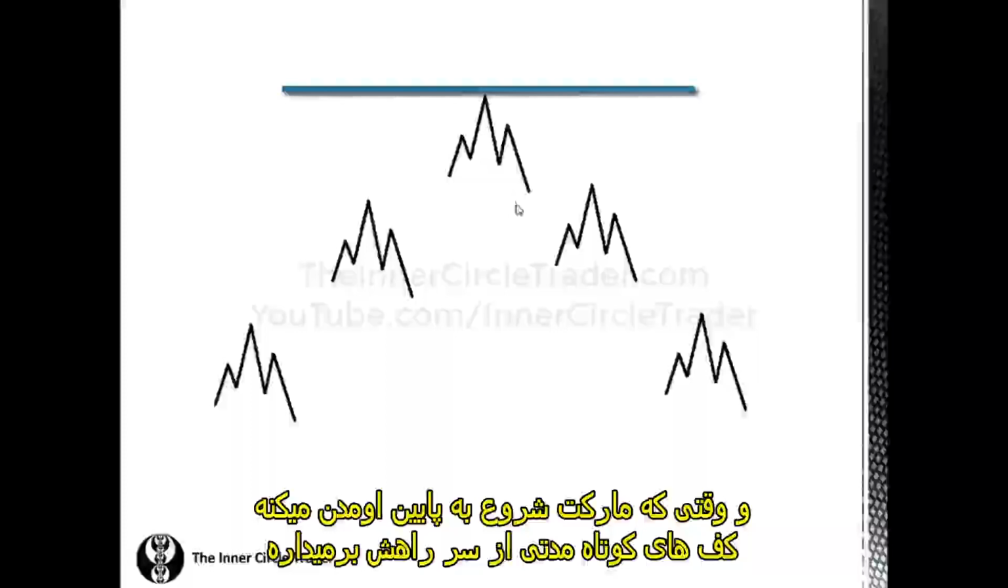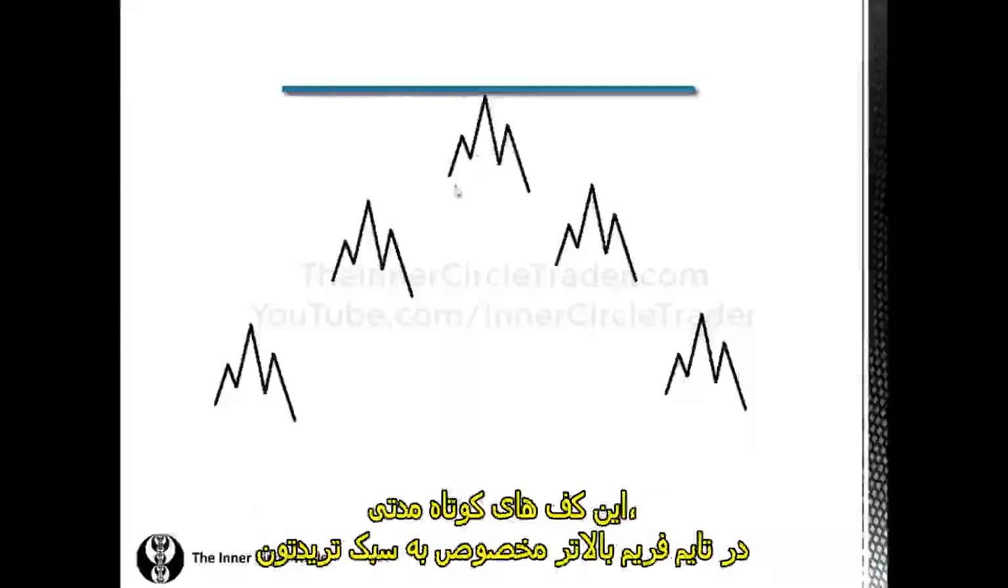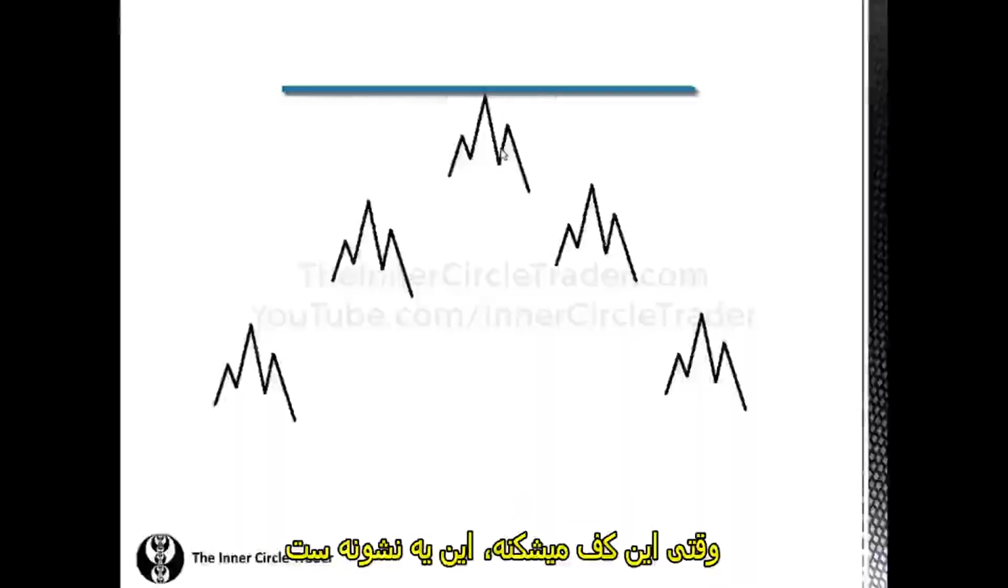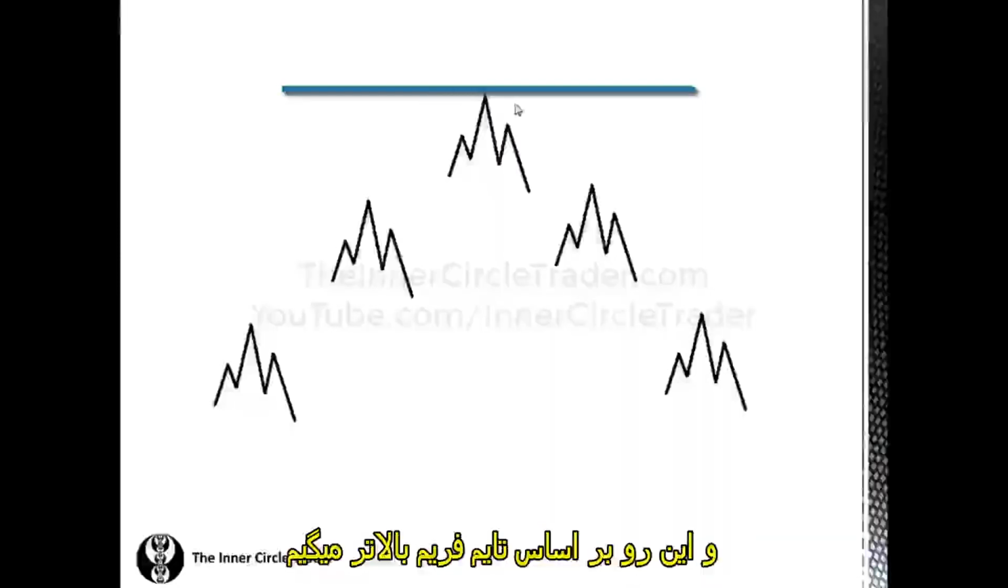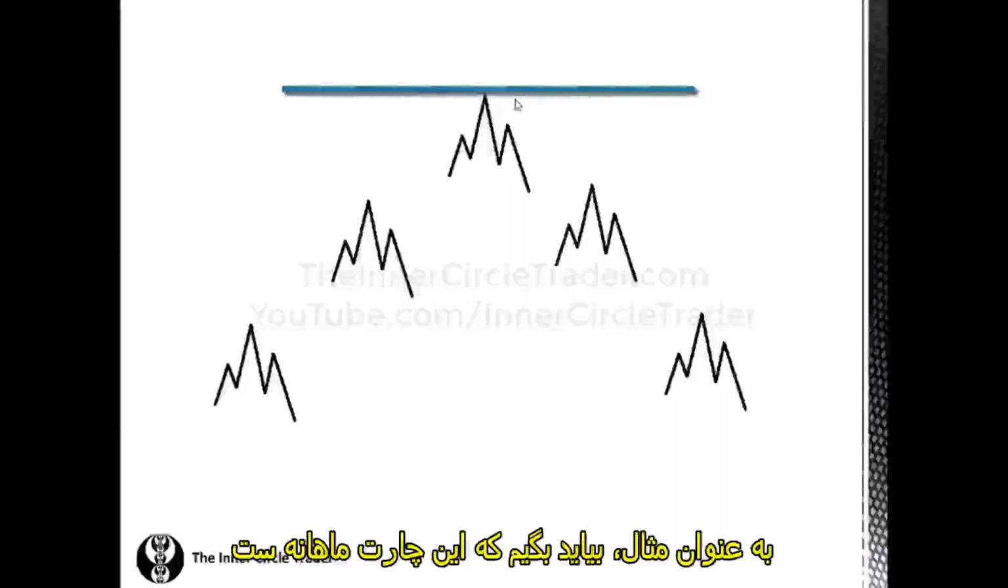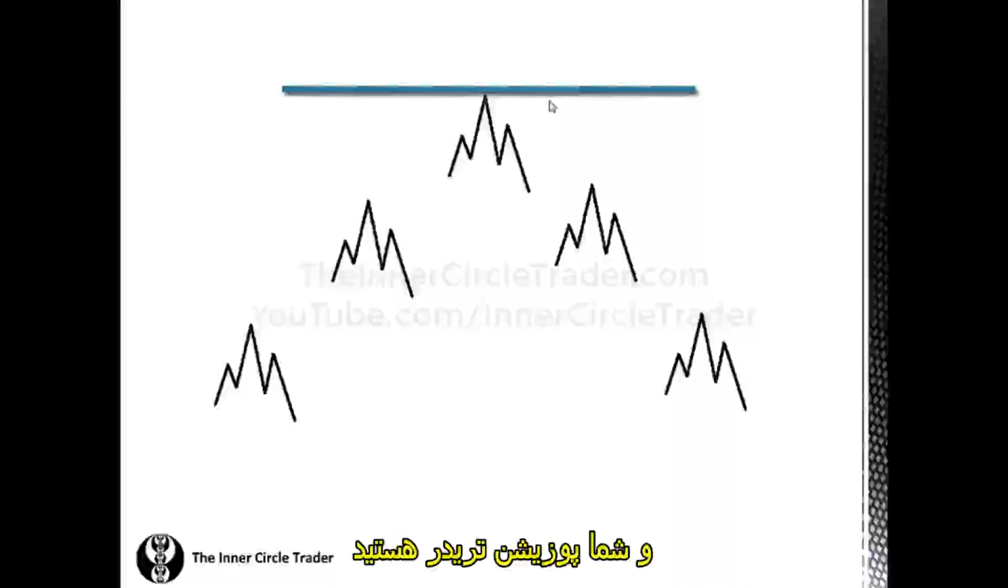So when markets start to break down, taking out short-term swing lows in here, this short-term swing low on the highest time frame for your particular trading model, once that breaks, this would be the catalyst for you to say, okay, this is probably going to be an optimal trade entry based on the higher time frame chart of your profile. So for an example, let's just say that this is a monthly chart